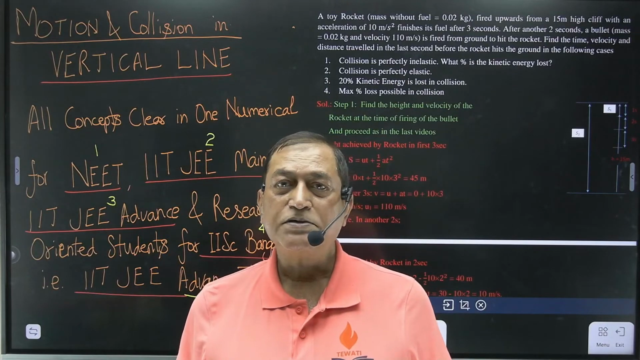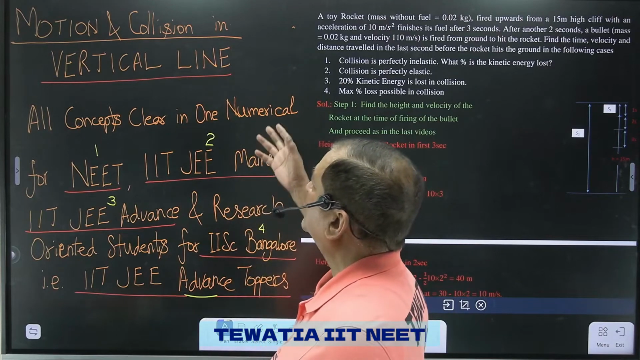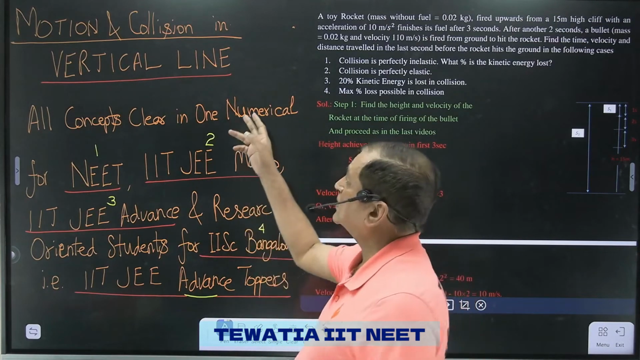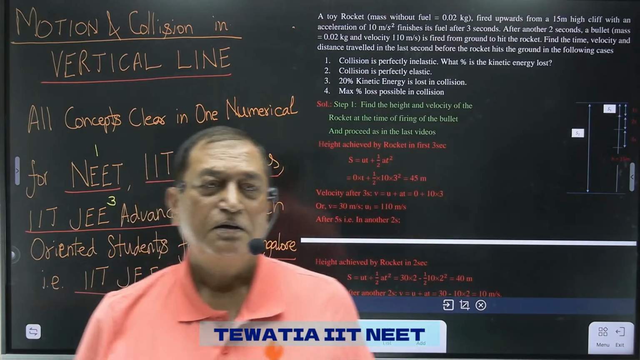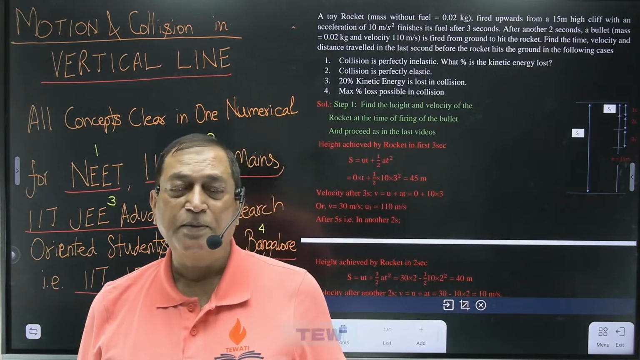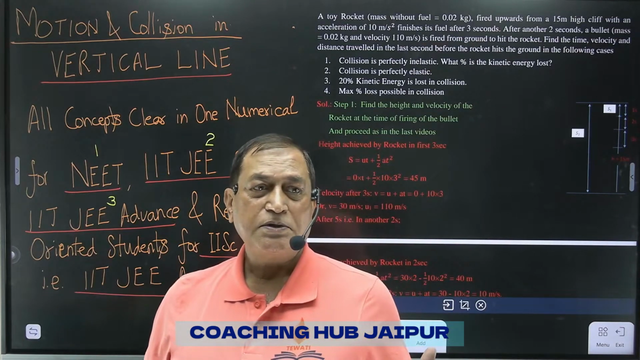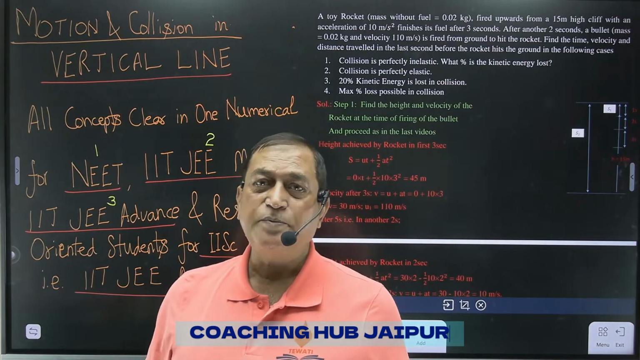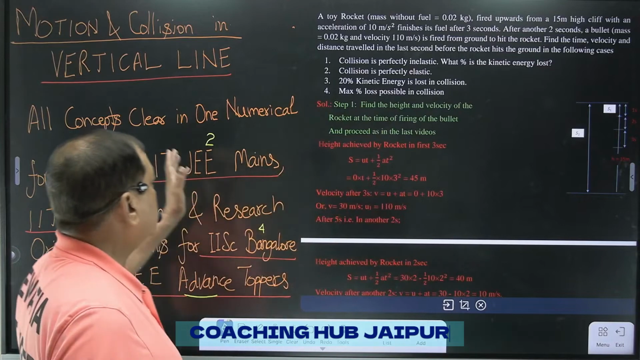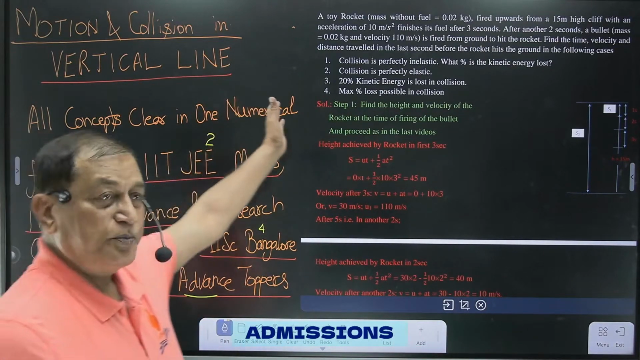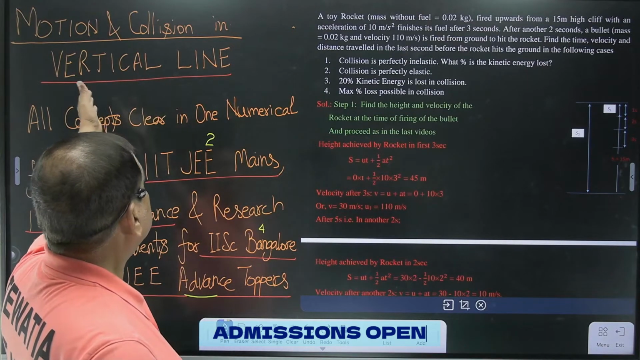So today we are discussing a topic like motion and collision in a vertical straight line. This is an interesting numerical. As we started the series, in my last lecture I told that whatever twist can be there in the numerical, I have explained last time, and here is the example of that numerical. If one does this numerical, that means all concepts of this chapter, motion and collision in vertical line, will be clear,